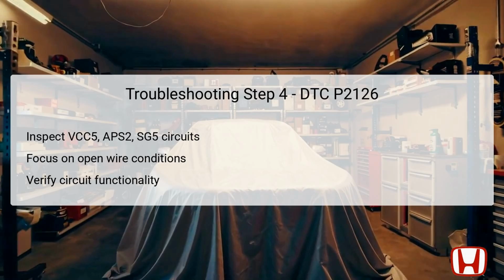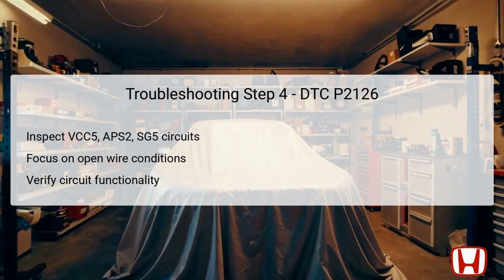Subsequently, using the disconnection of the 6P connector and the 50P PCM connector, you will inspect for open wire conditions. Under normal operation, there should be less than 1 ohm of resistance in these circuits. If resistance readings indicate open circuits, further investigation is warranted to identify breaks or disconnections in the wiring harness. Testing these circuit conditions ensures that the electrical signals from the APP sensor to the PCM are delivering proper data